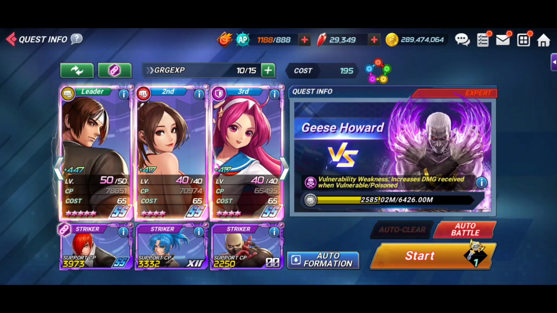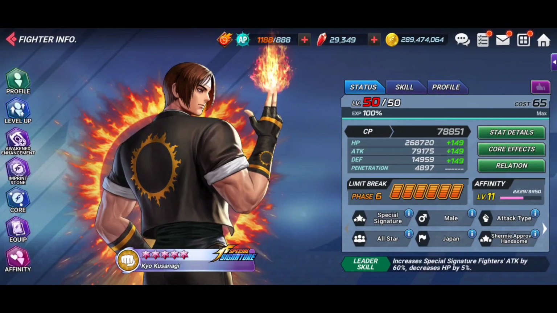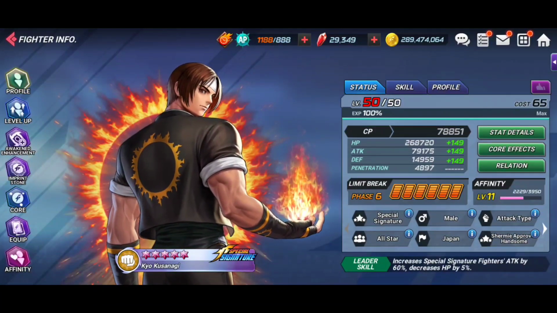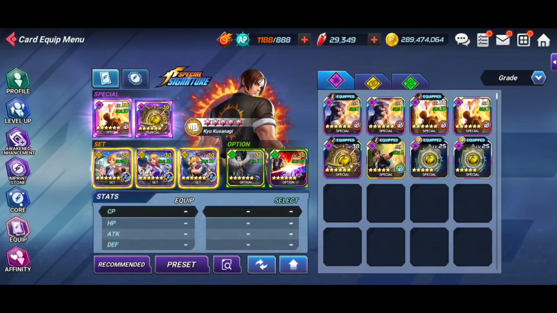Now, as far as doing these runs, I'm going to go ahead and show you guys the builds on these characters, and then we'll jump into these runs. So for Kyo here, you definitely want to use him as your leader, because he's going to give that awesome 60% increase to SS Fighters attack, and being that we are using a full SS team for this first run, that is going to be the best possible